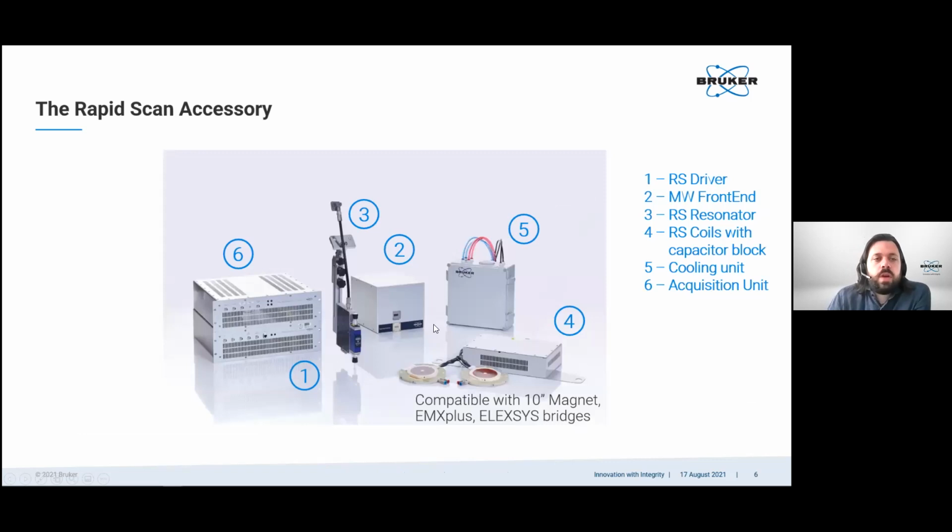How does the rapid scan accessory look like? Here you can see a picture of the RapidScan accessory. It is compatible with 10-inch magnets and works with EMX Plus or Elexis bridges. And everything starts in the RapidScan driver unit, where the waveform is generated and then sent to the RapidScan coils, which are attached to the magnet. Now, depending on the waveform you choose, it may be necessary to use this capacitor block here, but more on that later. The microwave comes from the bridge here, goes through the front end, and from the front end